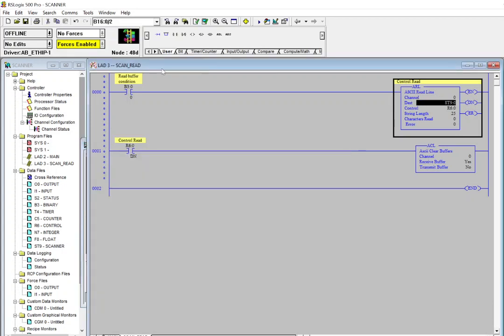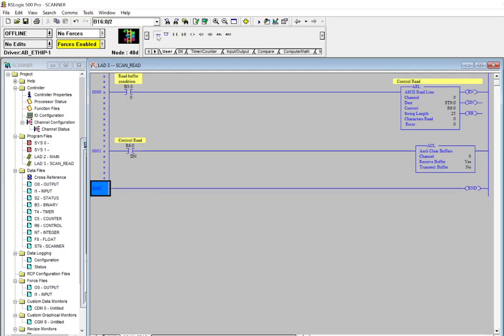For example, there will be one ASCII read line for the first 50 characters, and another ASCII read line for the next 50 characters. And you will need an ST9 and an ST1, for example, ST9.0 and ST9.1, and another data register, because